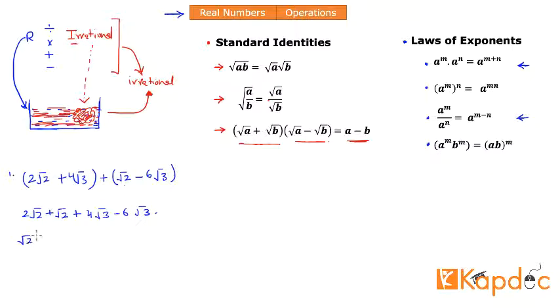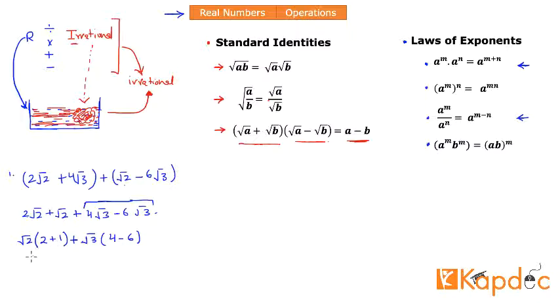So we have square root of 2, it can be factored out, and using the distributive law, basically reverse distributive law in this case, we will have 2 here and we will have 1 here. So then we can close these parentheses, right? And in this subsection, we can take square root of 3 out. It is of course plus here. What remains inside the parenthesis is 4 minus 6.